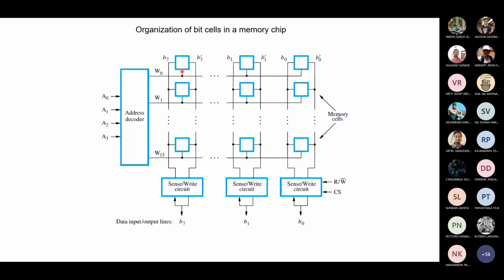Now inside this cell, what is there? You know, there are 6 transistors inside each and every cell. We are assuming this is basically for SRAM. And these lines are coming to the sense and write circuit. Depending on whether you are reading or writing, sensing means reading, you are sensing the voltage, writing means writing. That's why this is a bidirectional line. It will act as either input or output. These are bidirectional lines.